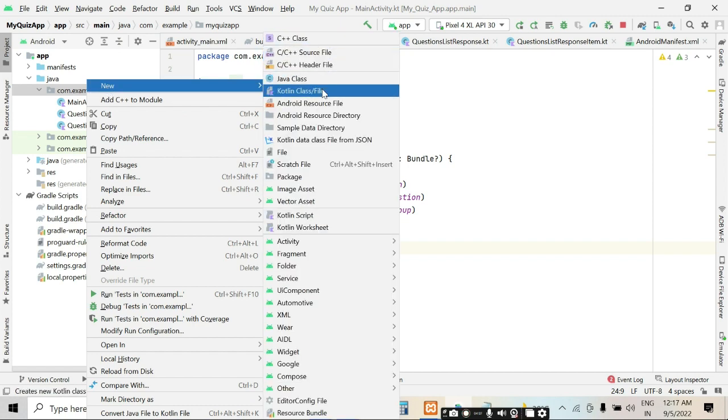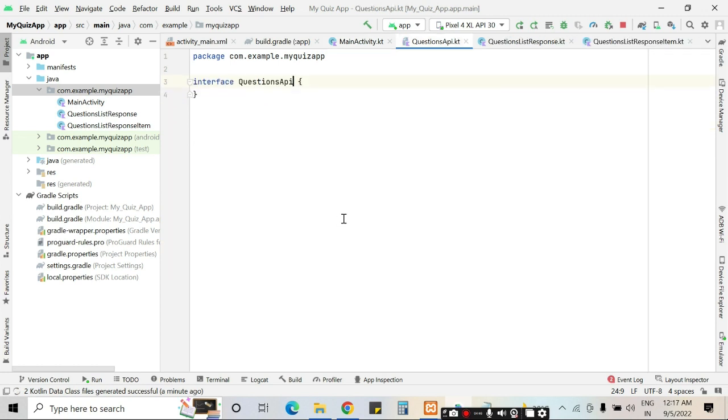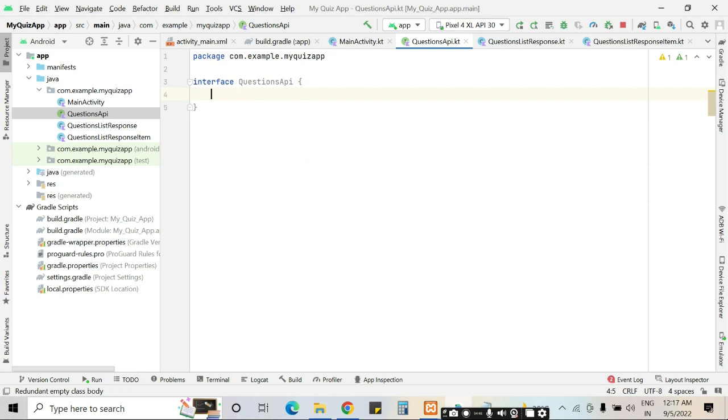So create a Kotlin file, it will be QuestionsAPI, and it must be an interface. Here we have the get API, and the API name is